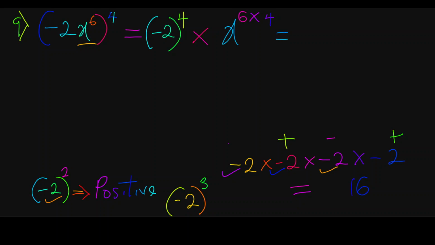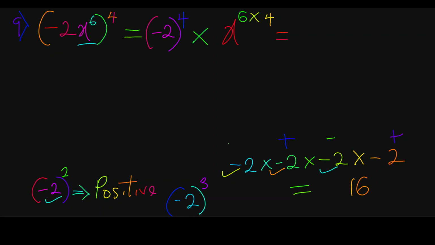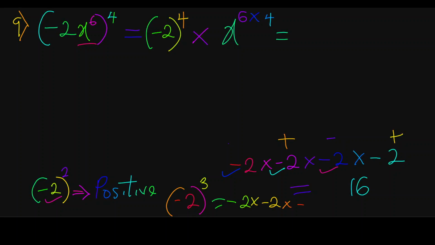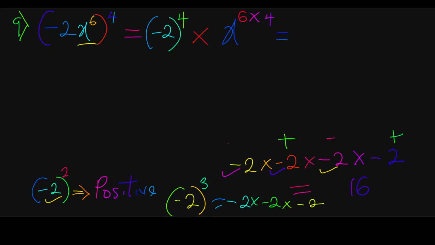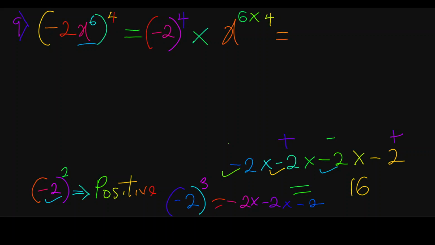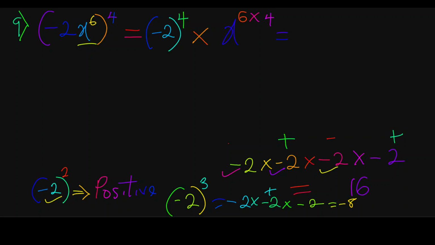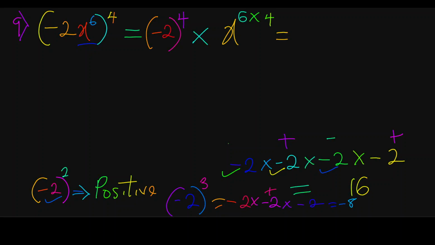So if the power is an odd number, the answer you're going to get is negative, because it's going to be minus 2 times minus 2 times another minus 2. You know that 2 times 2 times 2 is 8. But minus times minus is going to be plus here. Then plus times minus will give you minus, so minus 8. And that's just the shortcut to quickly understand if your answer is going to be positive or